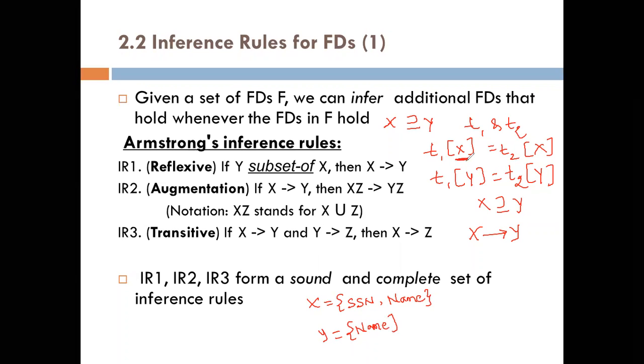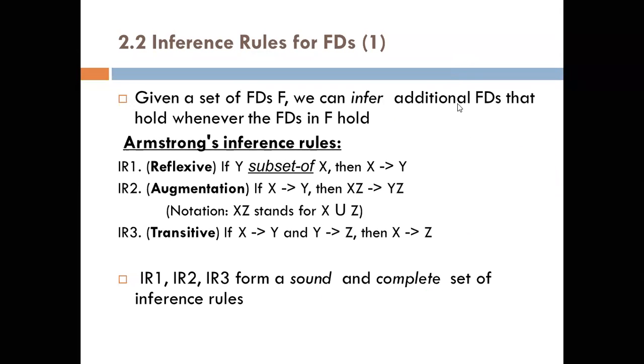If two tuples have the same SSN and name, then we can infer that the name will also be the same. For this to hold, the only condition is that y must be a subset of x. So the second rule is,